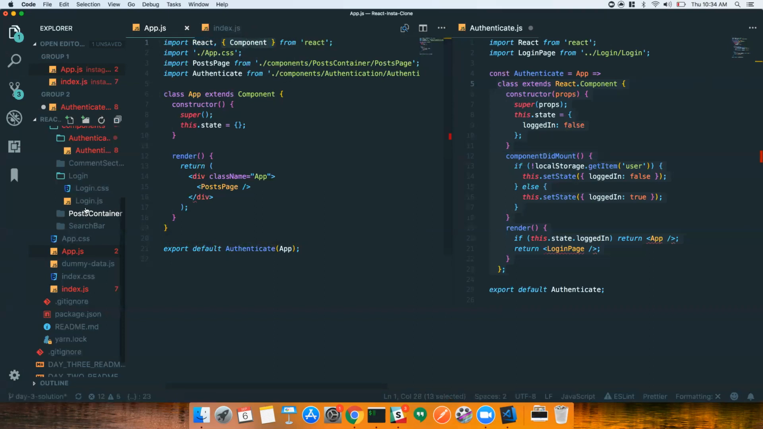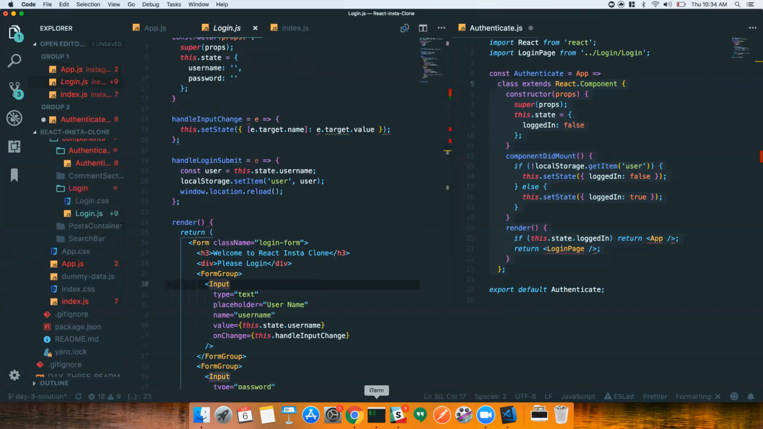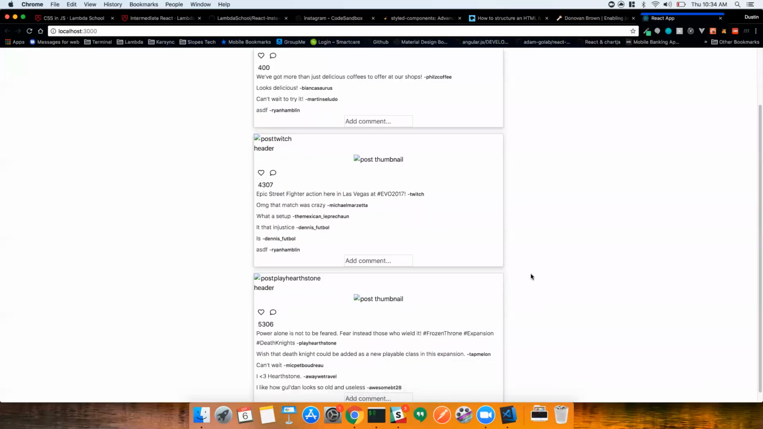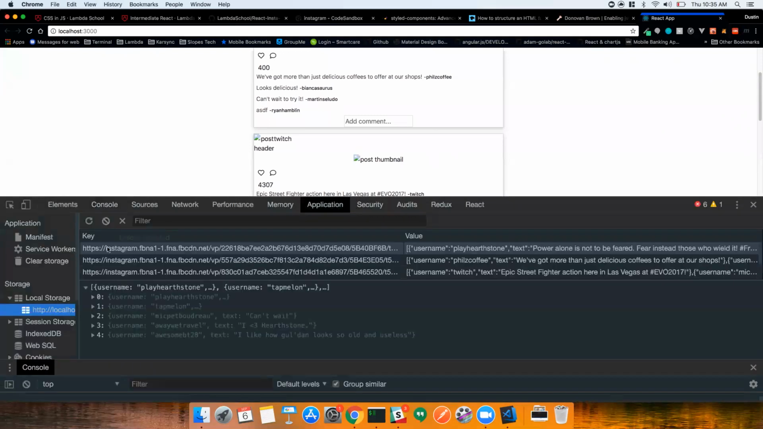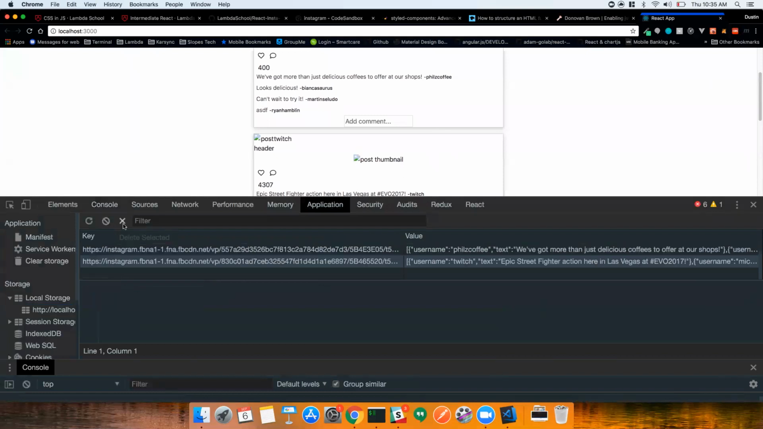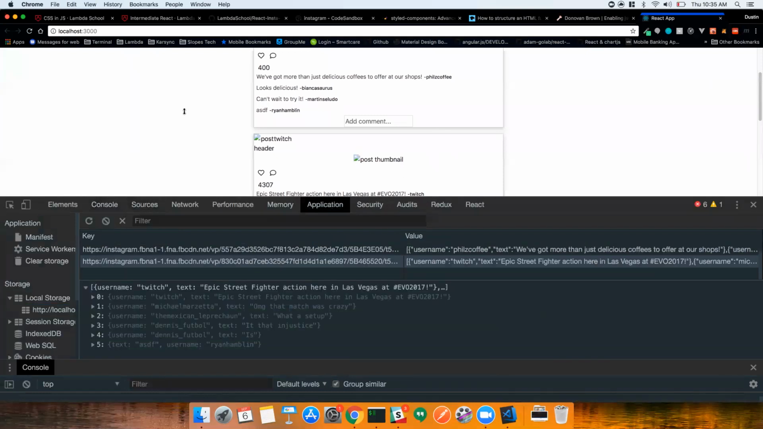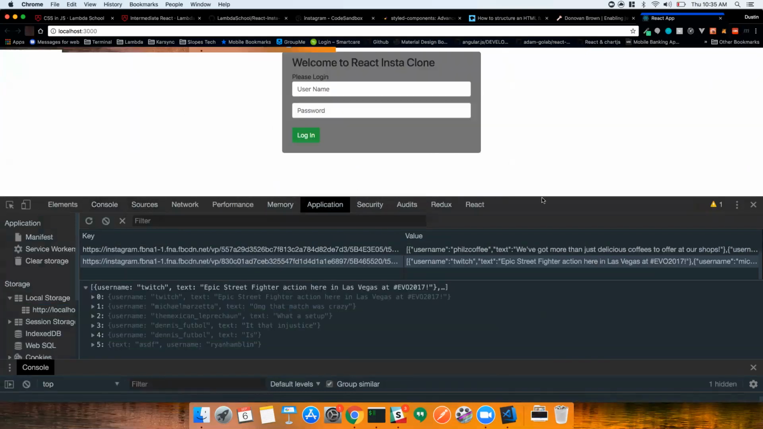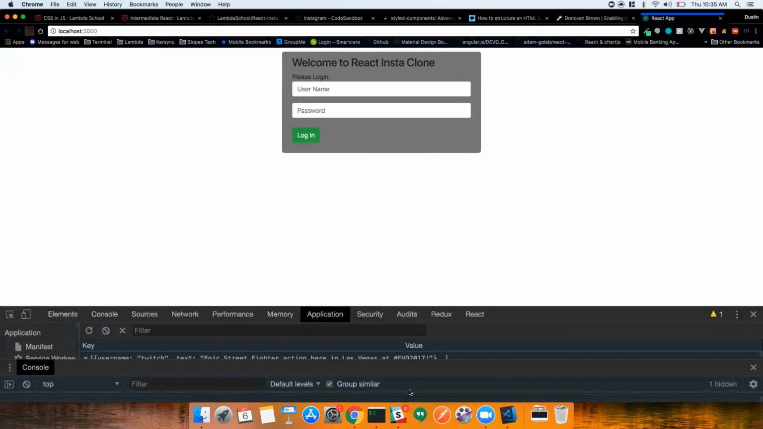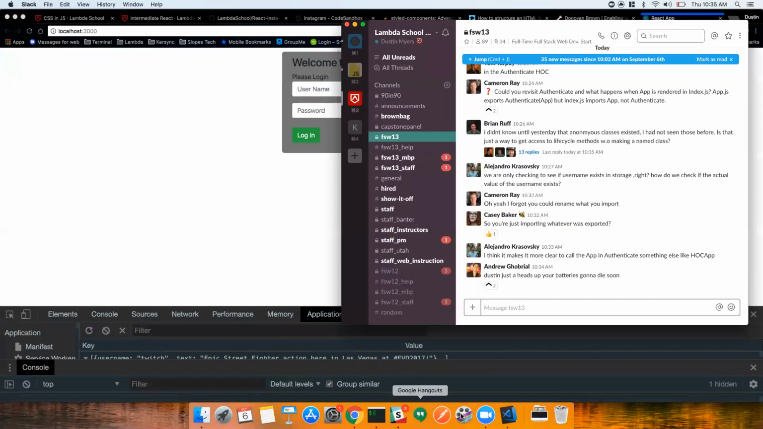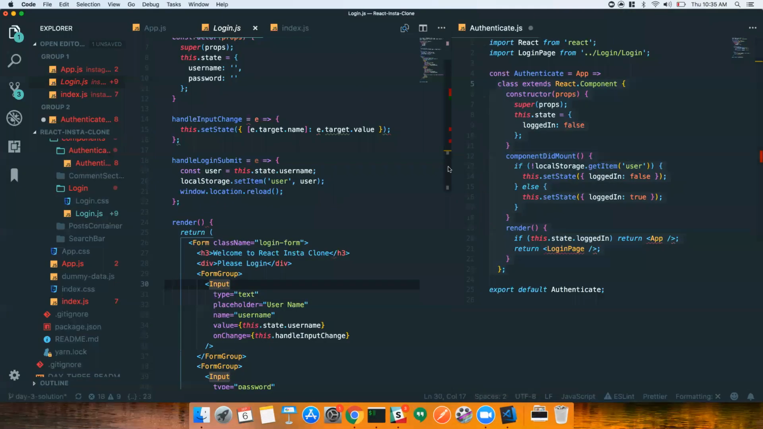So let's look at our login page. We have to clear our okay, here we go. So we're going to look at our